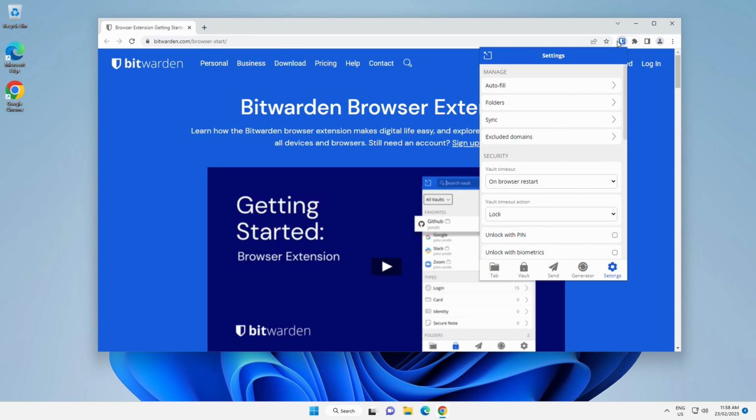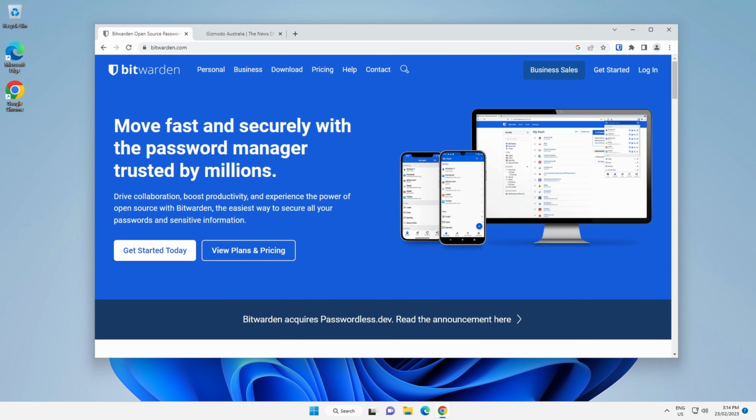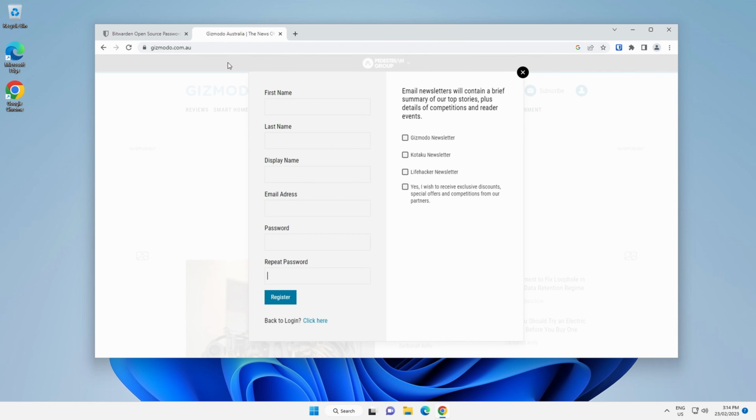Okay, so now we've got it up and running. How do we use it? We've got Bitwarden installed. What we need to do is use it. So let's just say we're going to a website and we're going to sign up. So put in our details,